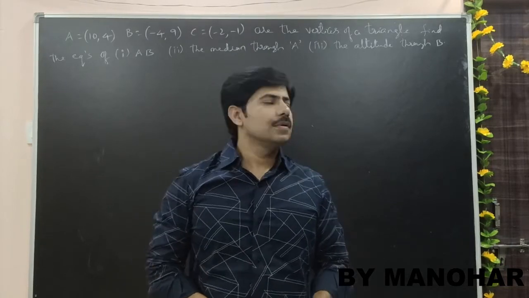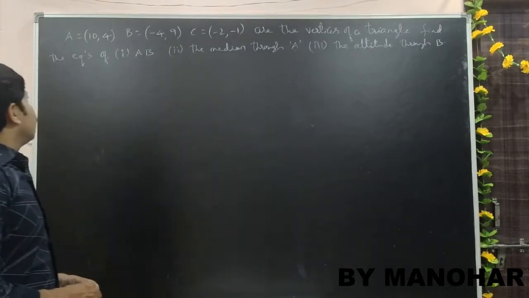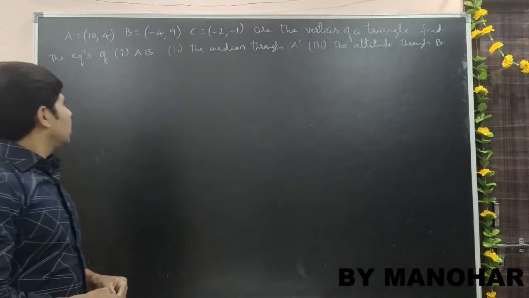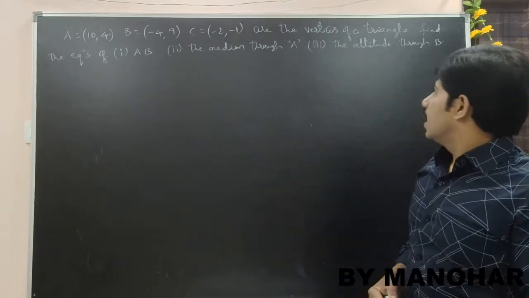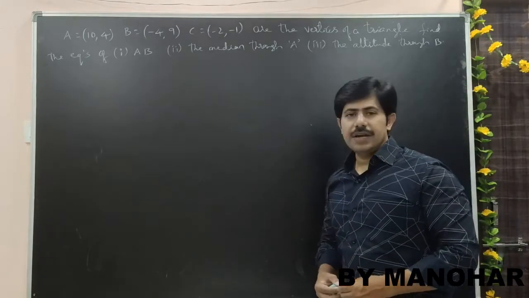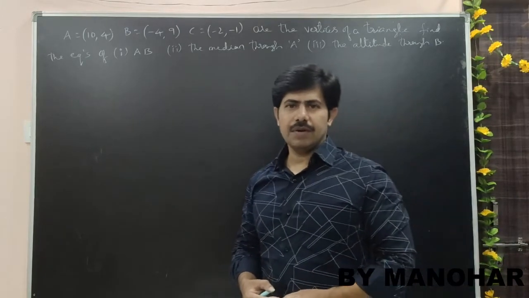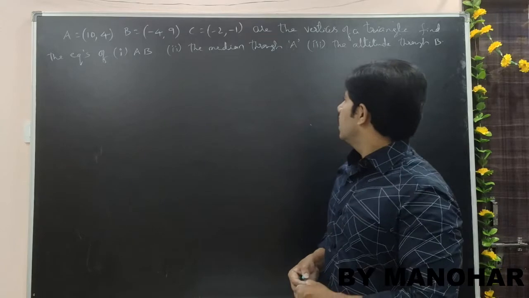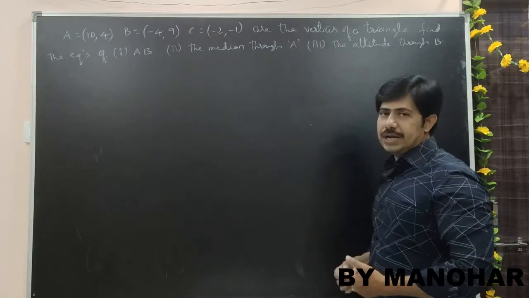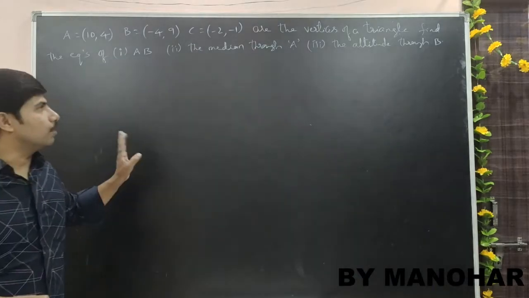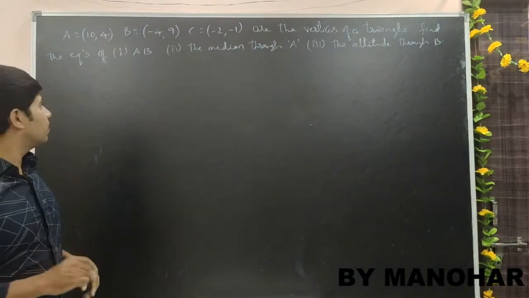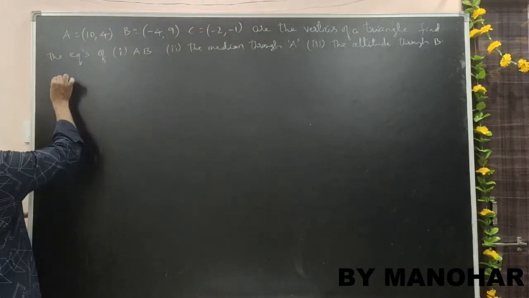Next problem. A is equal to (10, 4), B is equal to (-4, 9), C is equal to (-2, -1) are the vertices of a triangle. Find the equations of AB, the median through A, and the altitude through B. So three things you have to find out in this problem. Three questions are there. So the first one, what we have to do is